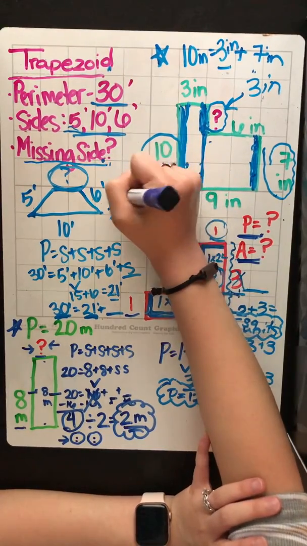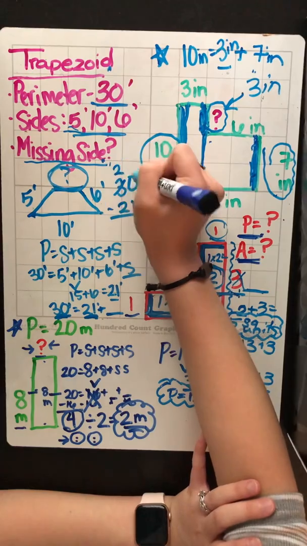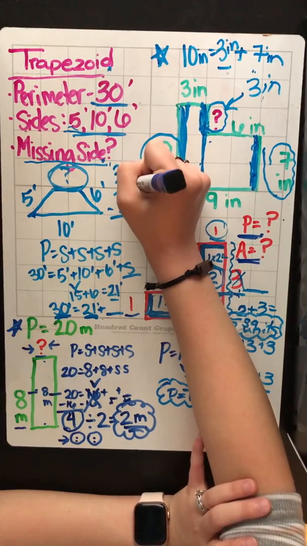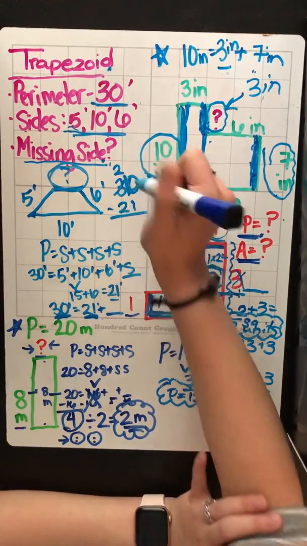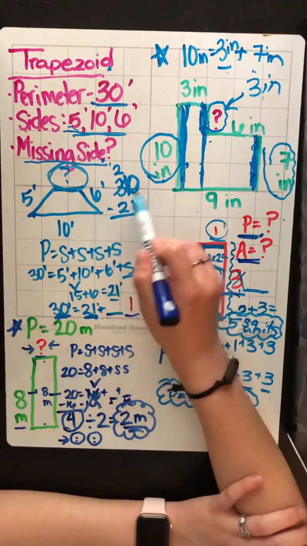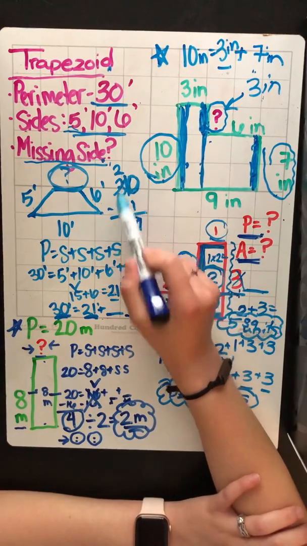So I'm gonna go over here to my 3. I'm gonna borrow a 10. I'm gonna leave behind 2. And I'm gonna sneaky Pete my 1 right in there. So now I know I've got 10 minus 1. Well, I know 10 minus 1 equals 9. And then 2 minus 2 equals